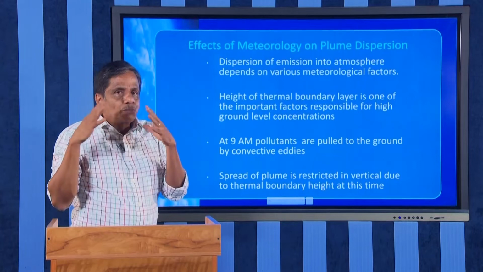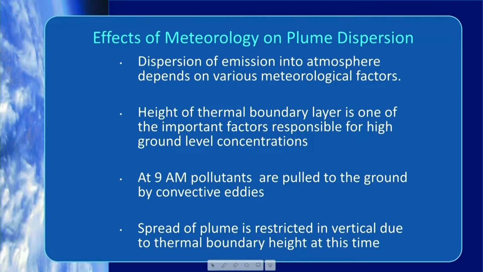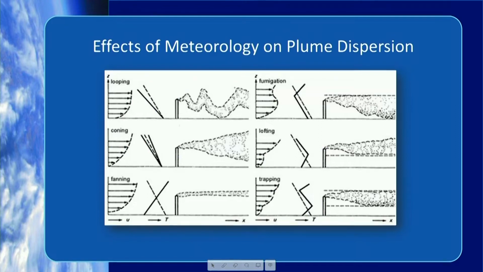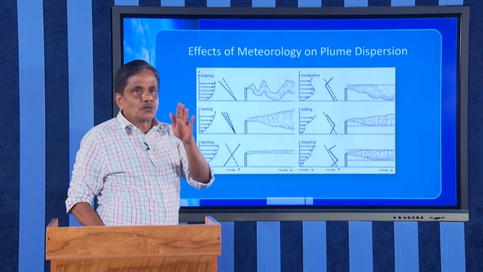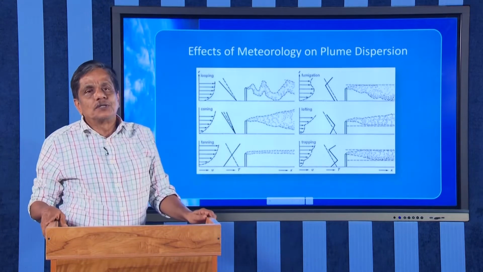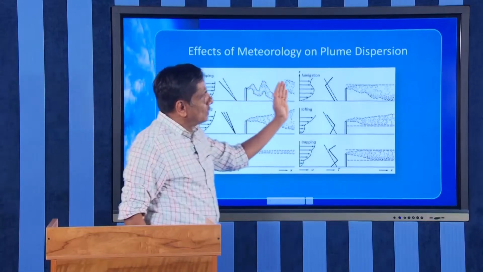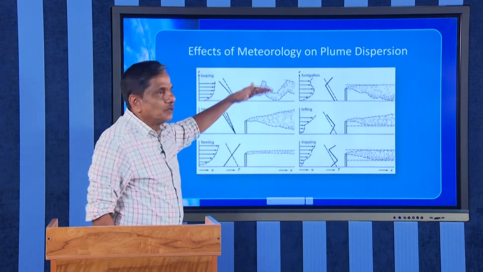Now, what is the proof that wind is blowing? For which we can use this method, plume dispersion. Plume dispersion means when smoke is coming out from a source and wind is blowing, this plume has different shapes depending on the geography of the location. So, this is the method by which one can measure the speed of the wind on a local scale, and you can see that the shape of the plume is different,